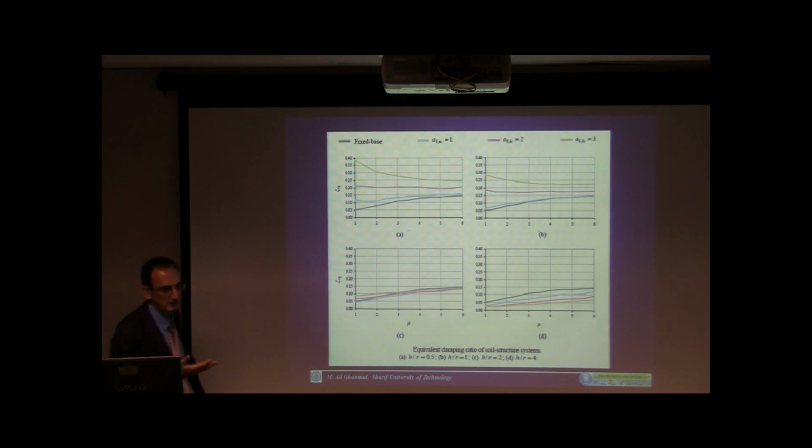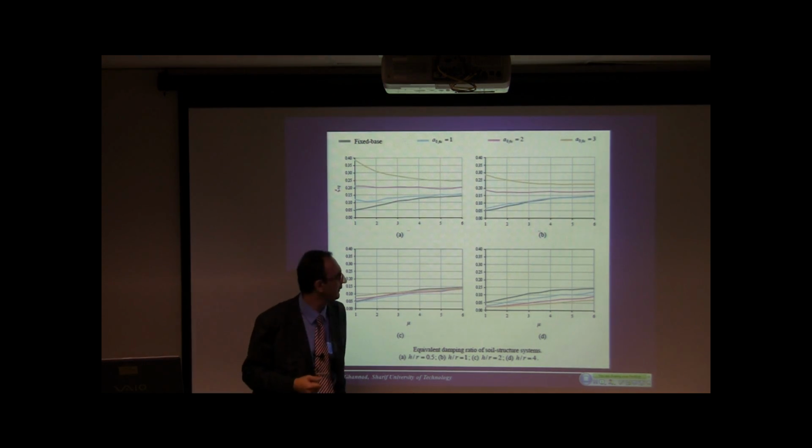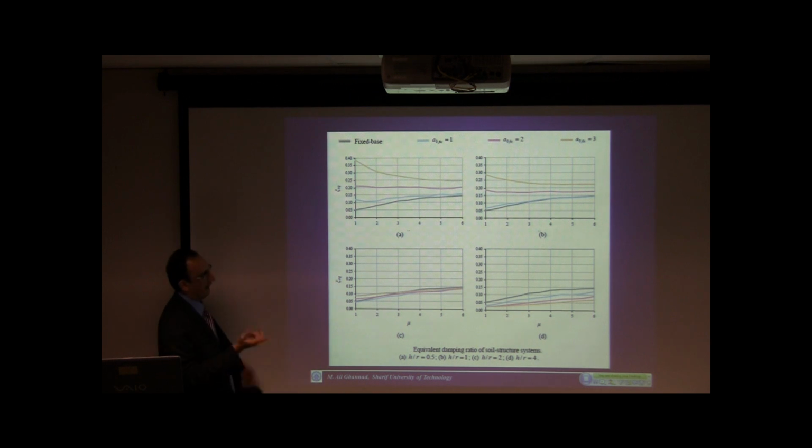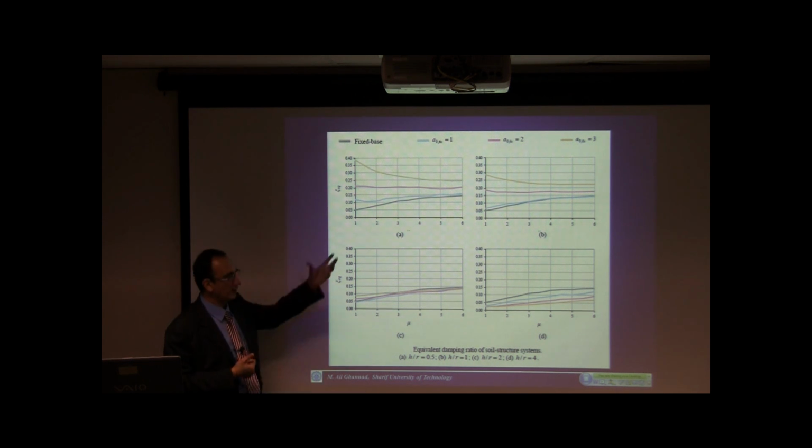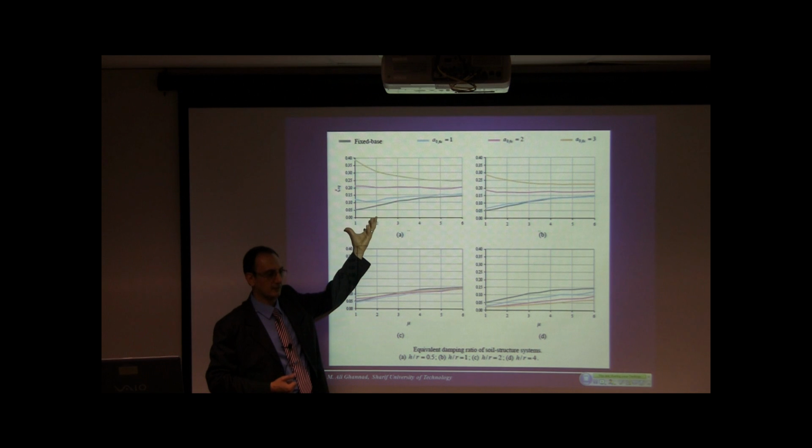And these are the same results for the damping. Again, as you may remember, we said that for the effect on the damping and the period, for elongation of period, slender structures are more affected by the soil structure interaction, as we saw in the previous slide. But for the damping, squatty buildings, short buildings are more affected by the soil structure interaction.